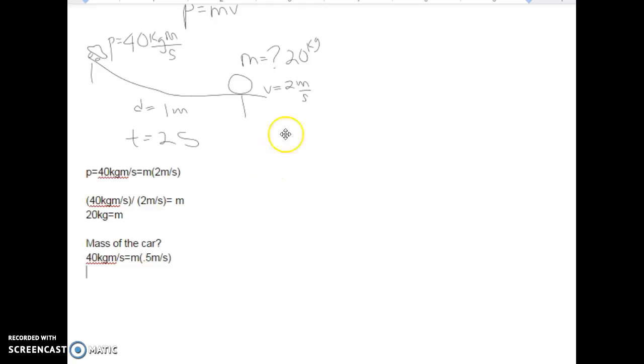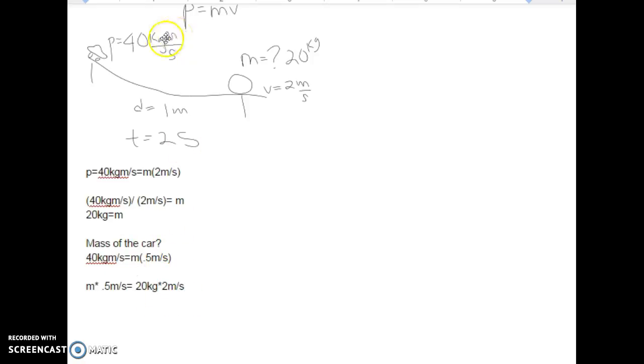The other thing we could do is if we know the mass and speed over here, and we know the speed and no mass over here, we can set these two proportions equal. So I'm just showing you a different way to do this. So we could say this 0.5 meters per second, I'll write it in the right order for you, mass times this 0.5 meters per second is equal to 20 kilograms times 2 meters per second. And we could set it up this way. And you're going to get the same thing, or you should get the same thing both times, for the mass